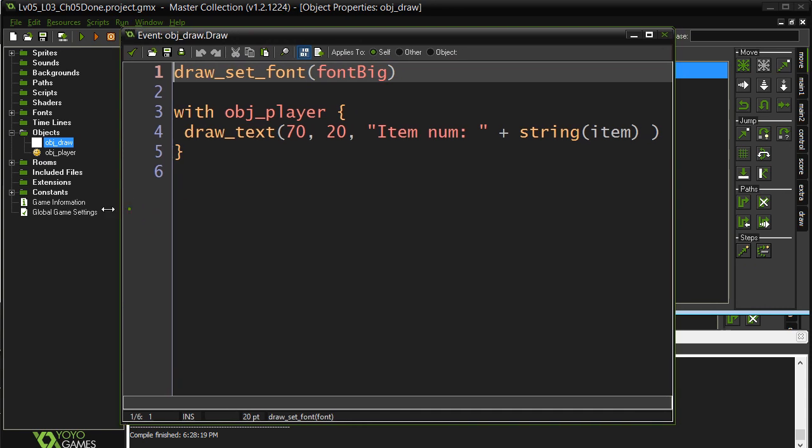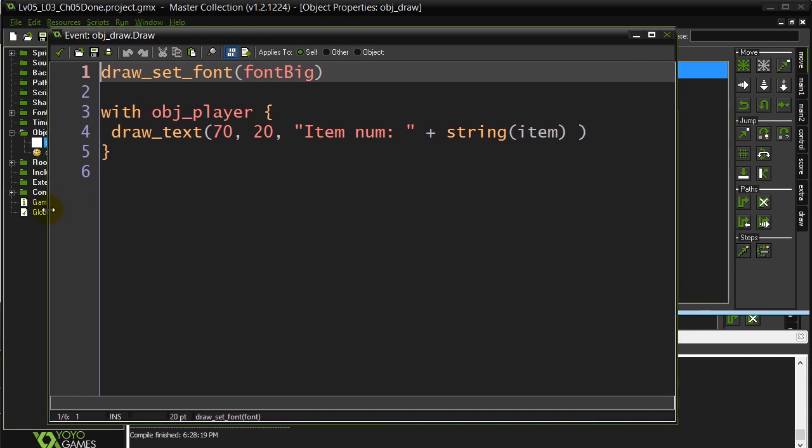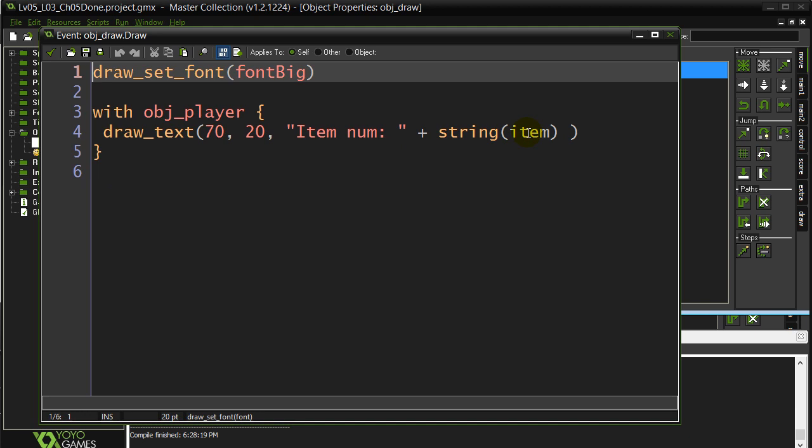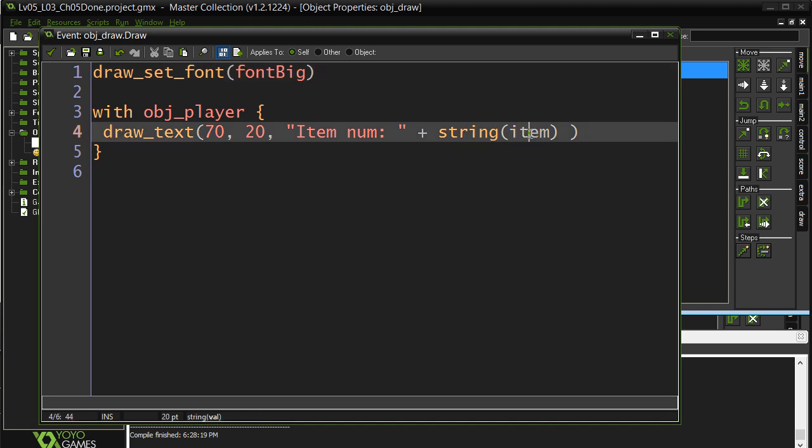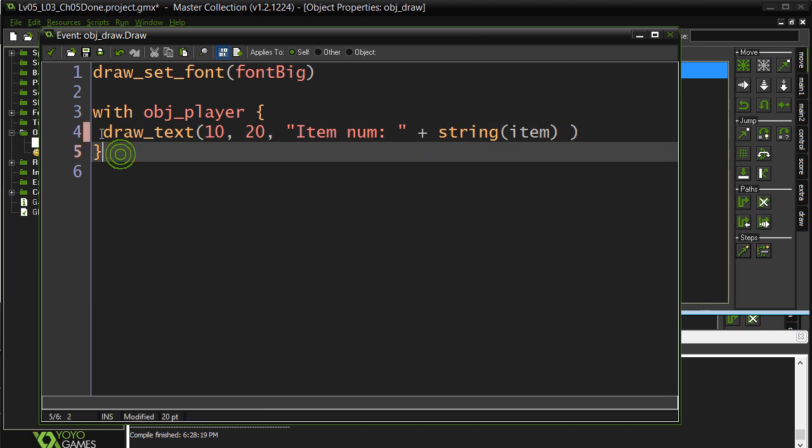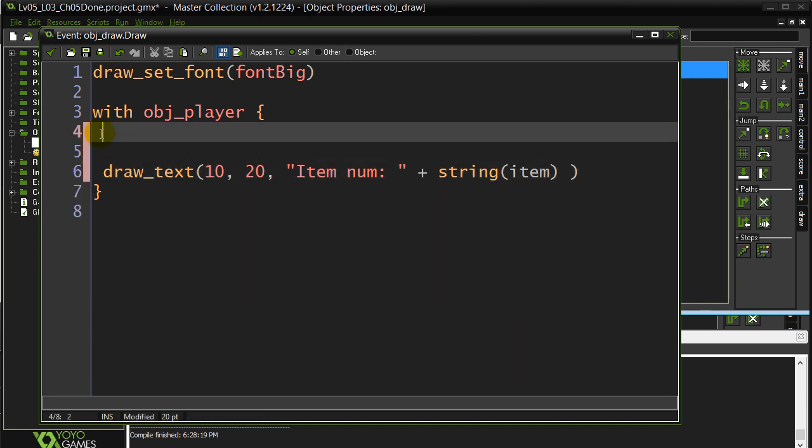And you'll see here I'm drawing out just a simple variable. I'm going to change this around a little bit. I'm actually going to slide it over. I need a bit more space. And I'm going to do some if statements. I'm going to say, hey, if the item variable is 1,